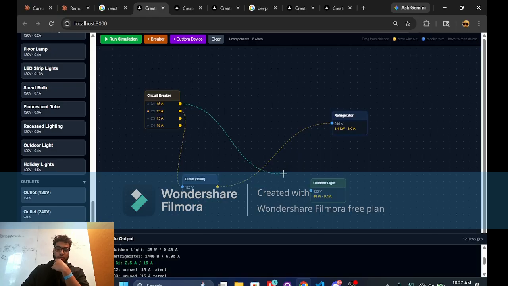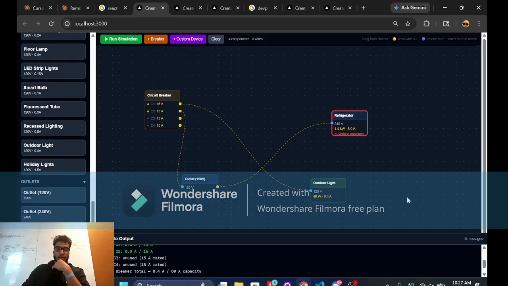We're going to connect this 120 volt directly to the light and run the simulation. As you can see, there is an issue. If we scroll up, it gives you a voltage mismatch, and this is because this is a 120 volt. So if we were to go back a little bit and get a 240 volt right here